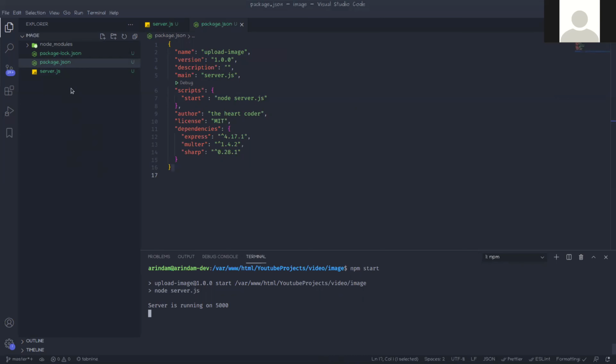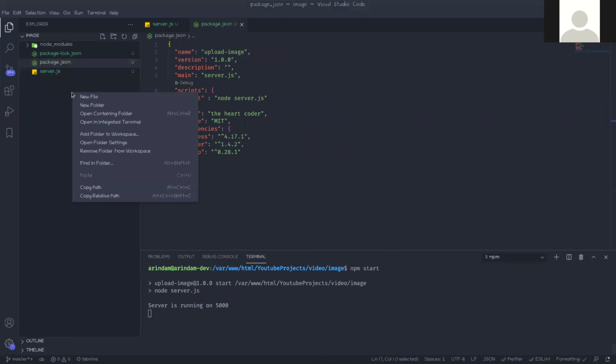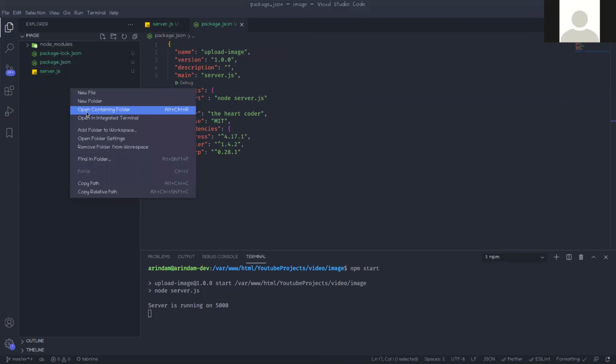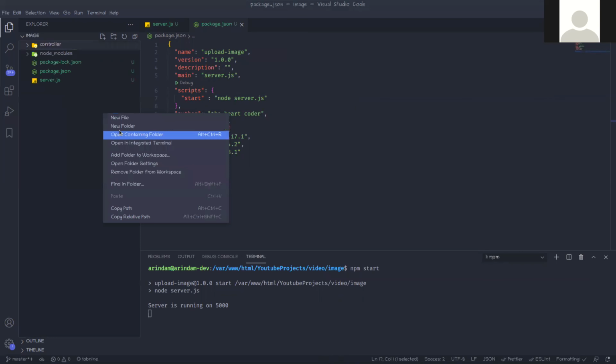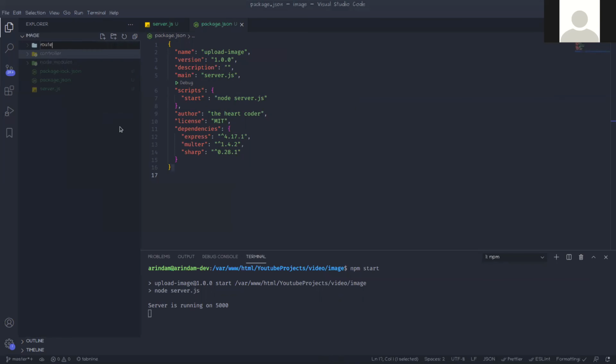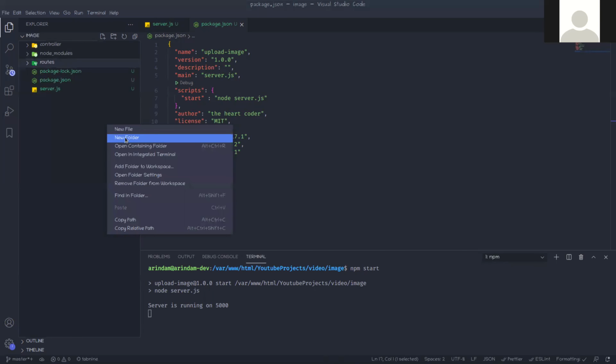Now we need to create some folders. Every time I follow that MVC structure that you know. If you don't know, then just see my previous videos. So first we need to create controller, then we need to create routes, and another thing is views.